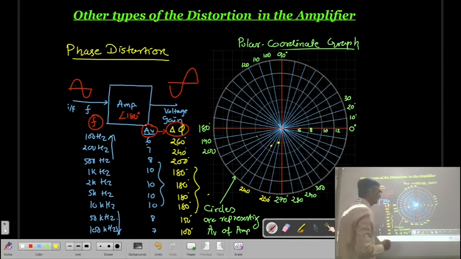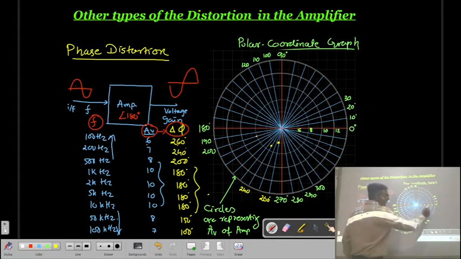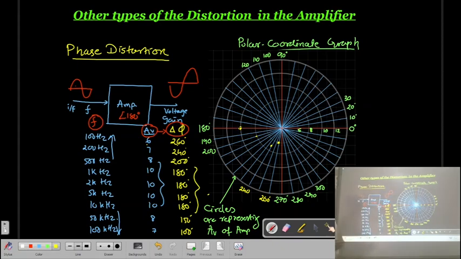and then for the gain of 10, the phase difference is 180 degree. So here this is the circle for the gain of 10 and the 180 degrees here. So this will be my marking. For all this frequency, it will be the same point. And then the gain is decreasing, becomes 8 and the phase difference is 150. So it is 170, 160, this is 150 and the gain is 8. So where the gain is 8 is here, and 150 is there. So you have to mark it like this.